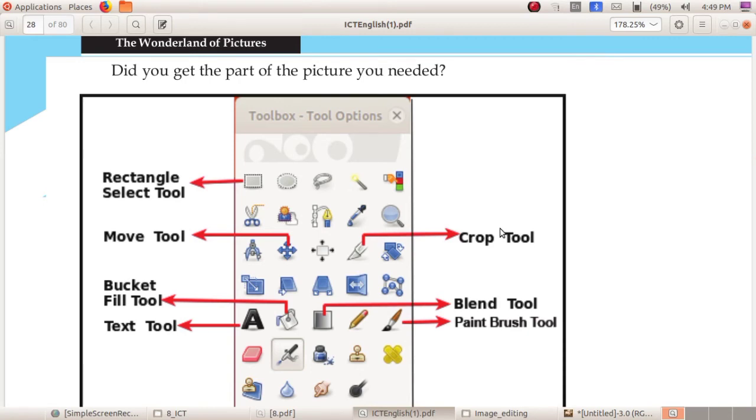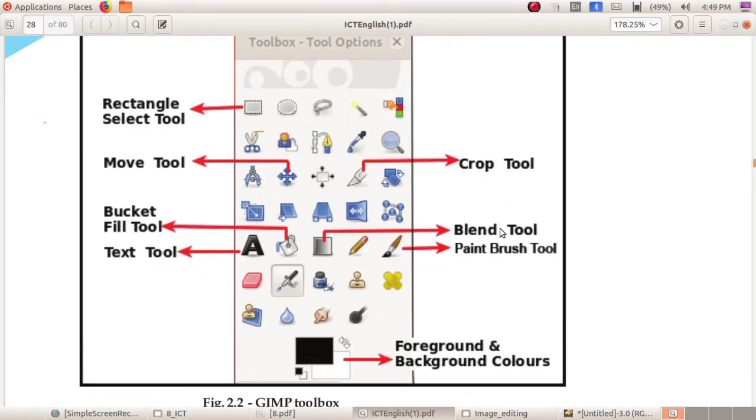Now you can see the GIMP toolbox. You want to get familiar with this toolbox. This is the rectangle select tool, ellipse select tool. This is the move tool, crop tool, bucket fill tool to give colors. Then to type text, you can use the text tool.